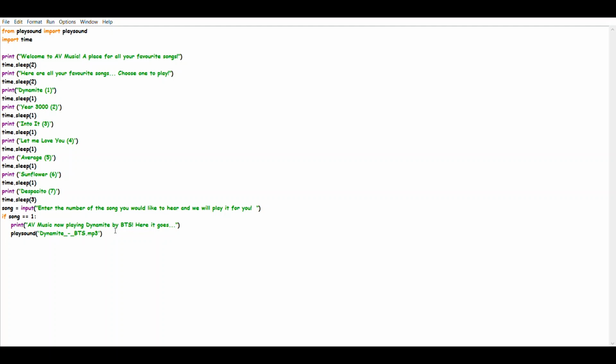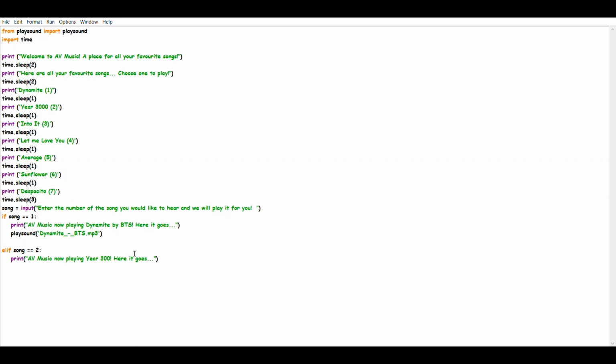Now in the same way, we have to introduce another condition, but this one's going to be elif song is equal to 2, then print the same thing, except that there'll be a little change in the name here. What's the second song?